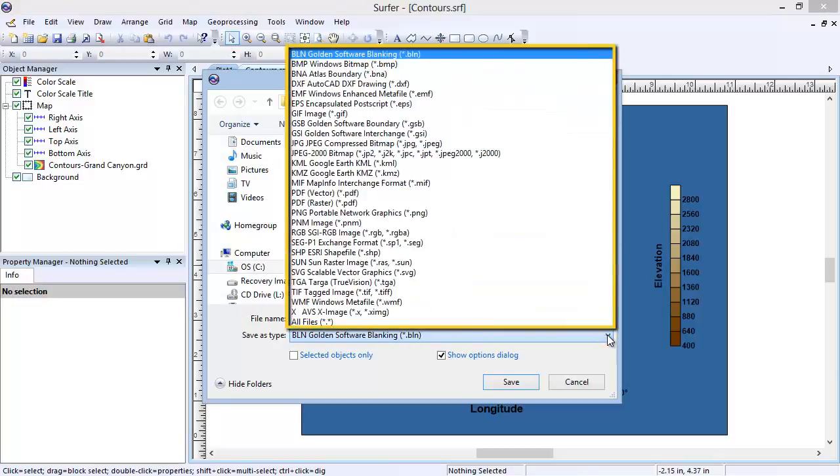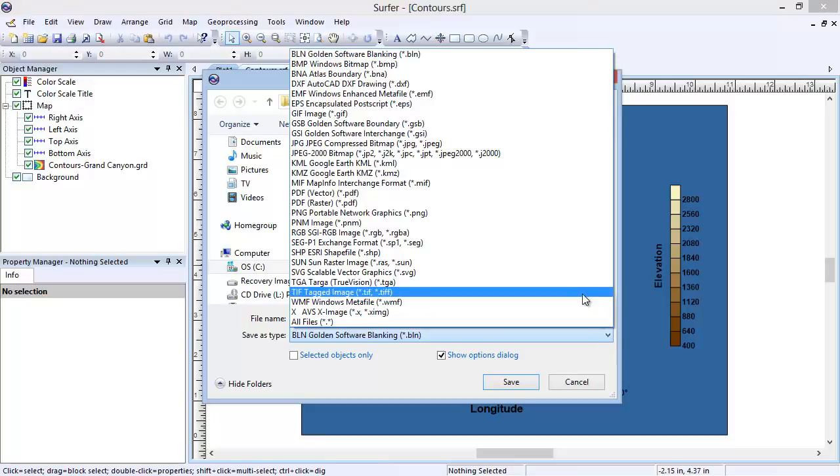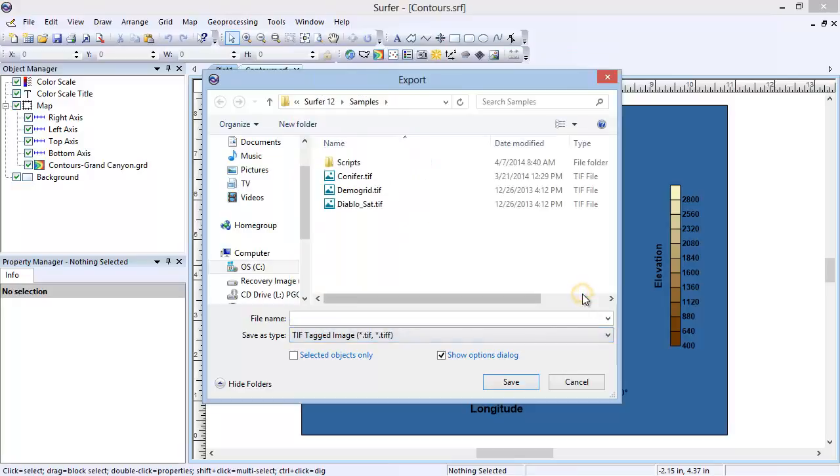Some of the raster exports include a TIFF, JPEG, a PNG, and a raster PDF. In addition, some of the vector exports include AutoCAD DXF, Esri shapefiles, EMF, or a vector PDF. I'm going to export to a GeoTIFF. Enter a file name,